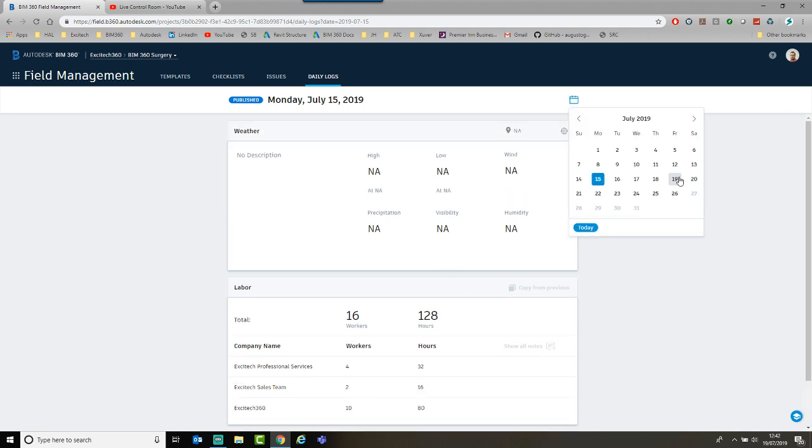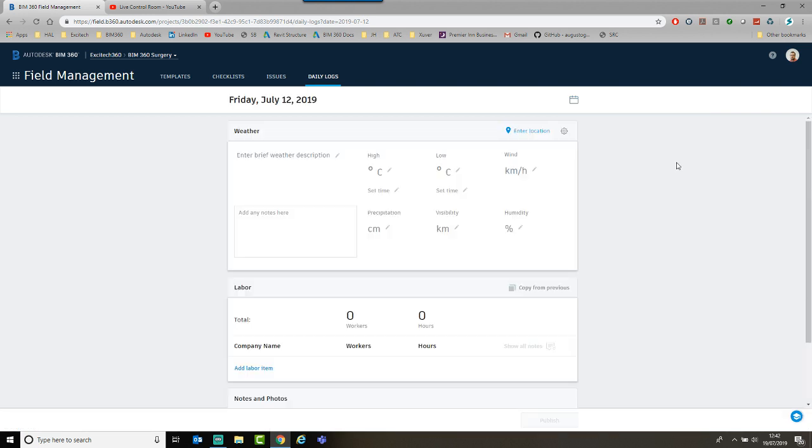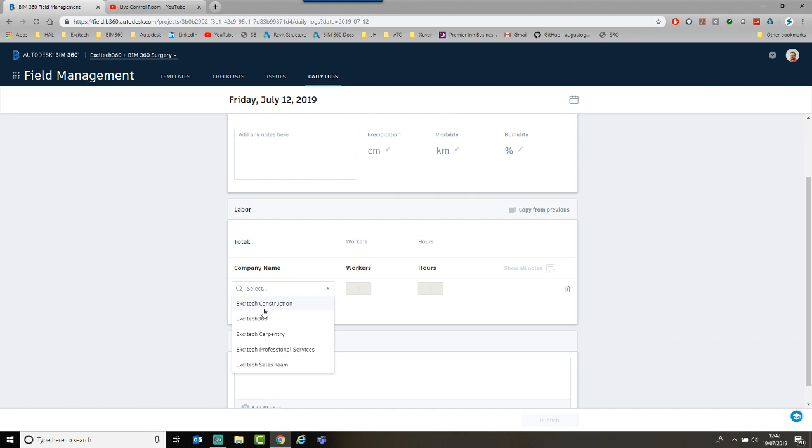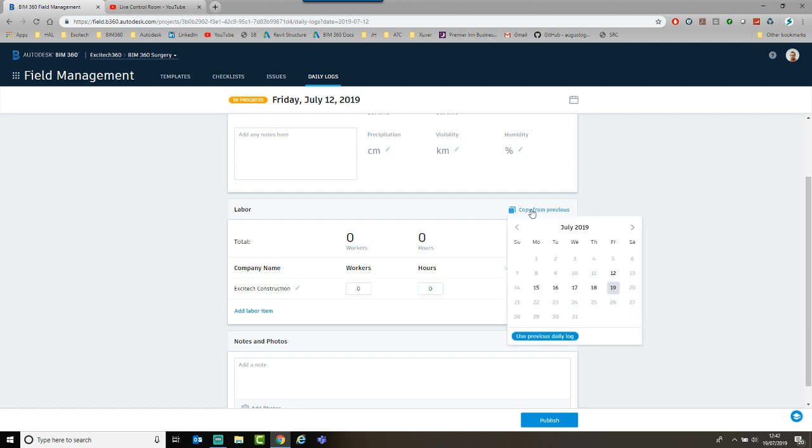So if we look at, let's say, last Friday, we can do it manually. You can see where we can add a labor item. So let's say it's a construction team, you can still do all that manually, or you can just click copy from previous. And another little button is that you'll see down on the bottom of the date picker, you can use the previous daily log. So if I just click that,